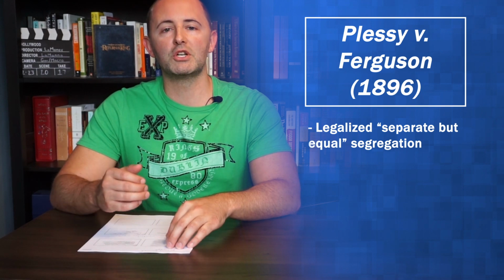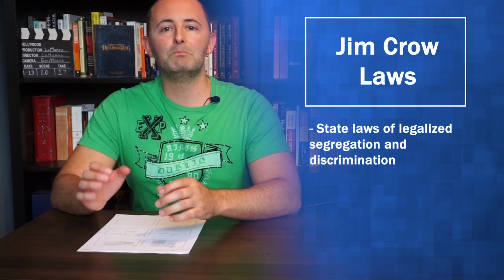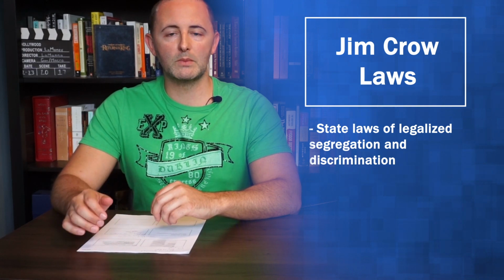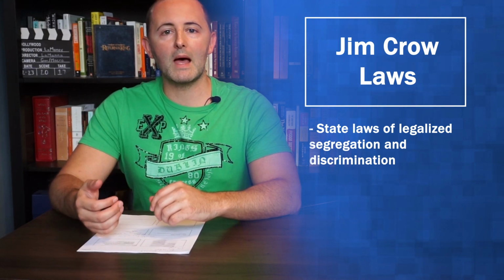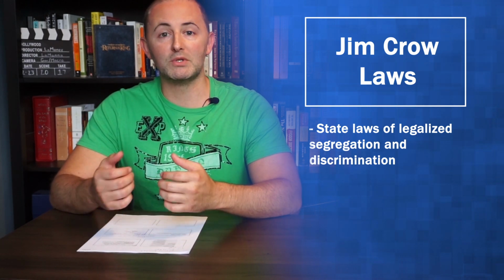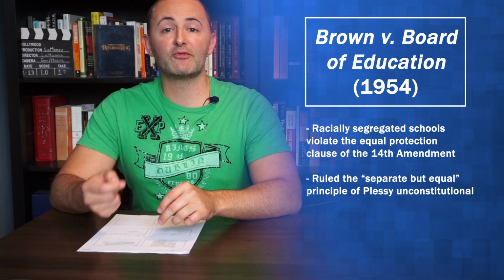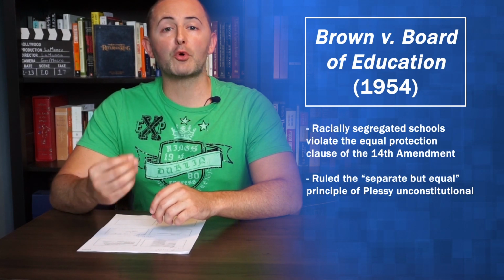But this led to a generation of Jim Crow laws. These were state laws based on that separate but equal principle that allowed for legalized segregation throughout many states that chose to impose these sorts of laws. Now, when it comes to Plessy versus Ferguson, if we fast forward to 1954, we get to Brown versus Board of Education,